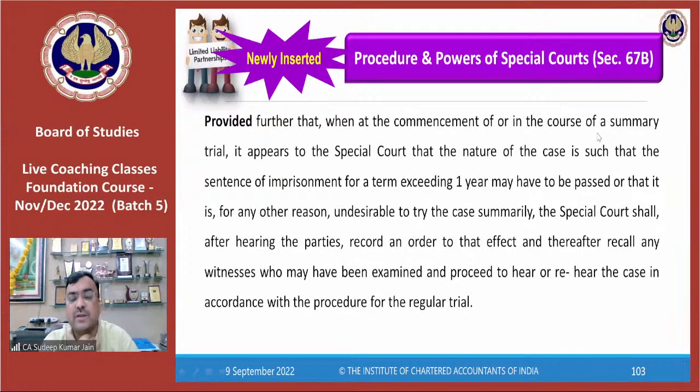अभी हम डिस्कस किए कि समरी में जहां पर स्पेशल कोर्ट है, वो मैटर जहां पर मैक्सिमम पनिशमेंट 3 साल का है, उन्हें समरी वे में हैंडल कर सकता है, ट्रायल कर सकता है, लेकिन इस केस में सजा वो 1 साल की देगा। अब डिस्कशन के बाद स्पेशल कोर्ट को ये लगता है कि ये जो सजा है, इसमें 1 साल से ज्यादा की होनी चाहिए, या ये समरी में नहीं हो सकता, रेगुलर असेसमेंट में हो सकता है। तो जज उसको नोट कर लेगा, फिर रेगुलर असेसमेंट करके जो विटनेस थे उन्हें दोबारा बुलाएगा, दोबारा उनसे हियरिंग लेगा। ठीक है।